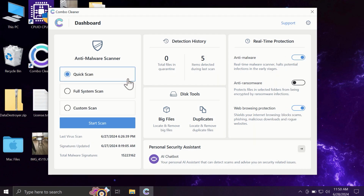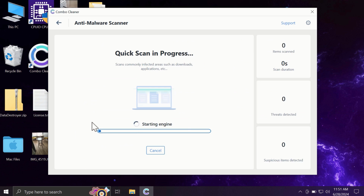So after you have successfully downloaded and installed Combo Cleaner, the software will be initially in the trial mode. And only quick scan option is available in the trial mode. The full mode includes full system scan and custom scan, but as I said, in the trial version only quick scan option is available. So you need to click on the start scan button,